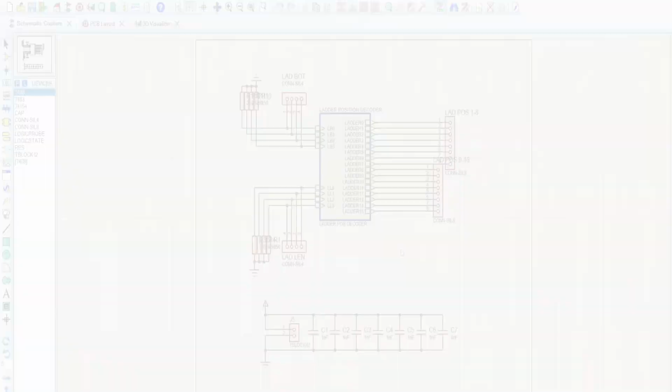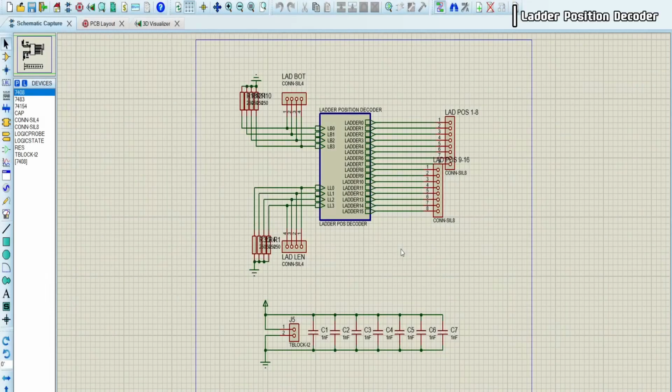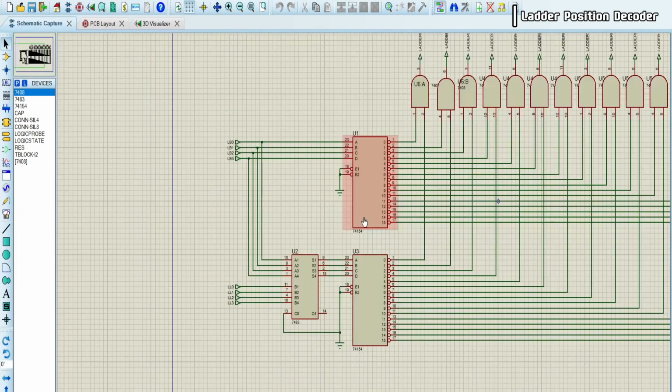So this is the ladder position decoder module. Here we have 2 connectors. This ladder bottom connector receives the 4-bit ladder's position from the player, and this connector receives the 4-bit ladder's length from the players. If we go into this child sheet, then we'll see that using this 4 to 16 decoder,